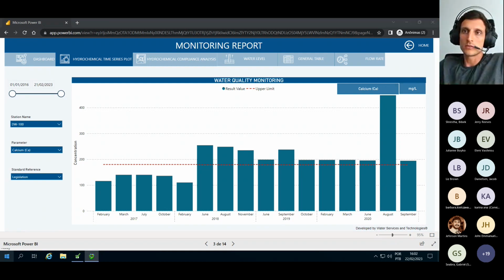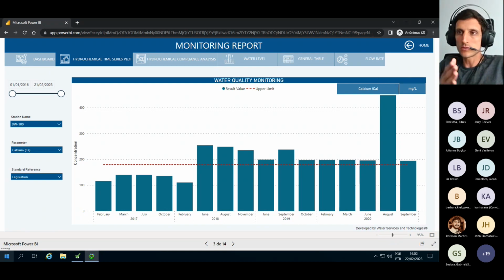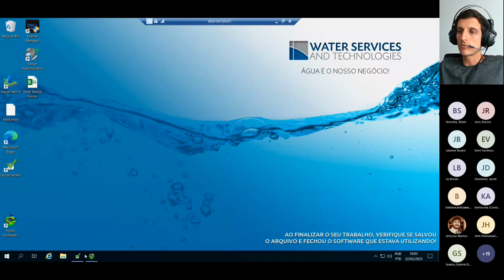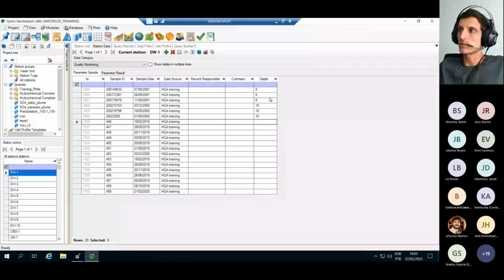So once data is in your database and if it's well organized, you can do many things in Excel or Power BI. But I don't know if this answers your question, yes, you can have different depths for the data you collected. Yes, Christian, but what I wanted to be clear is, let's say we have monitoring at